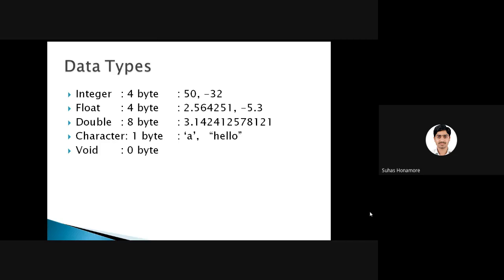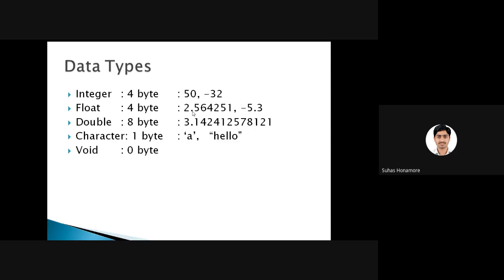Okay, so like that, these data types will take different sizes. An integer will take 4 bytes, float will take 4 bytes again, double will take 8 bytes, character will take 1 byte, byte will not take anything, 0 bytes. Okay, so these are the examples we have written. So if you saw the example between float and double. Okay, so float, after any number you can give, there is not a problem.